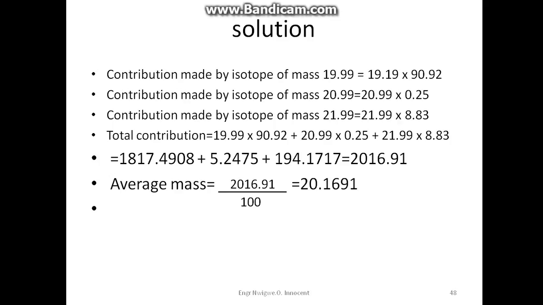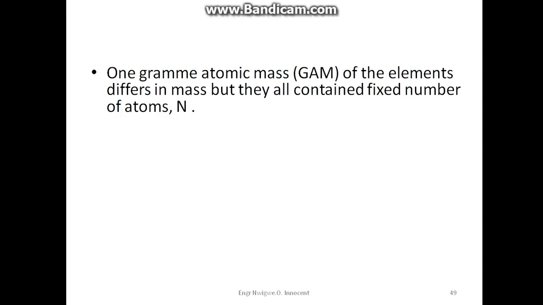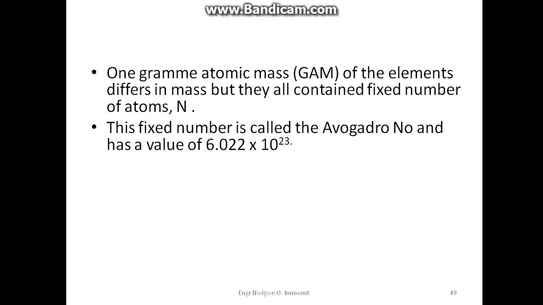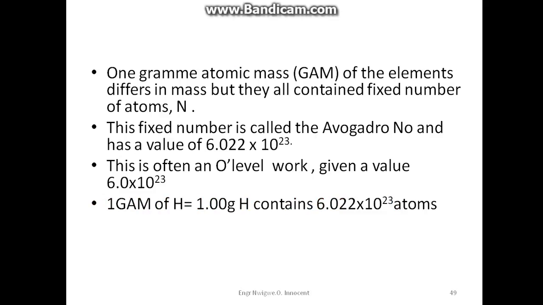20.1691. 1 gram atom mass (GAM) of an element differs in mass, but they all contain a fixed number of atoms, N. This fixed number is called Avogadro's number and has a value of 6.022 times 10 raised to the power 24. At O-level, it is often given the value 6.0 times 10 raised to the power 23. 1 GAM of hydrogen is equal to 0.0